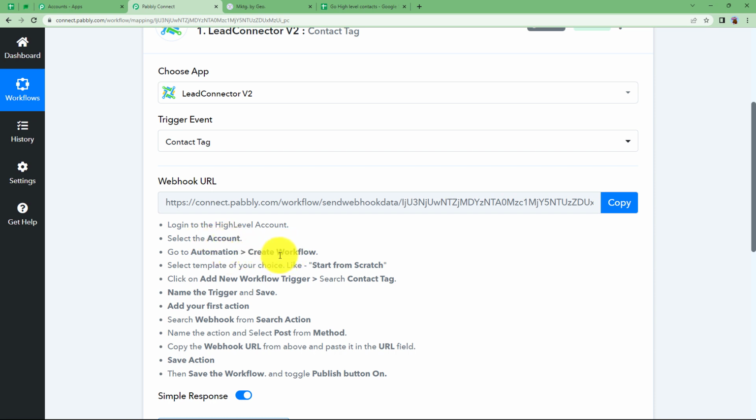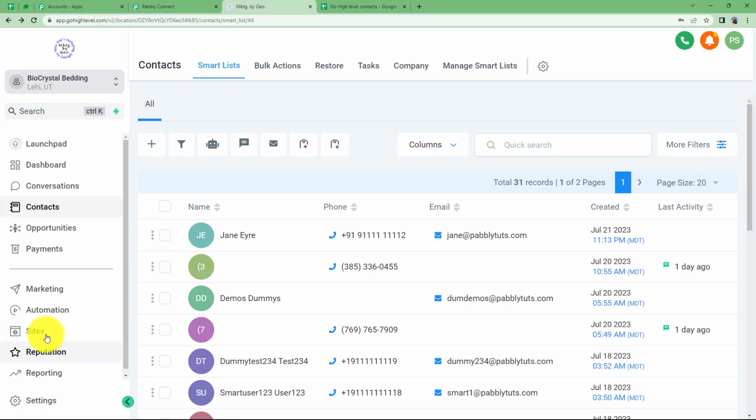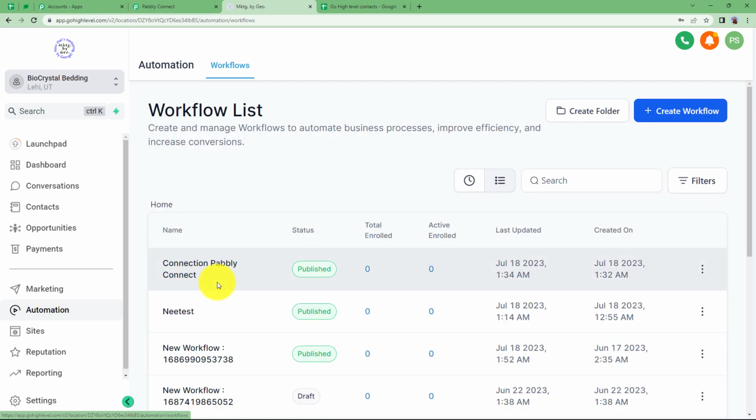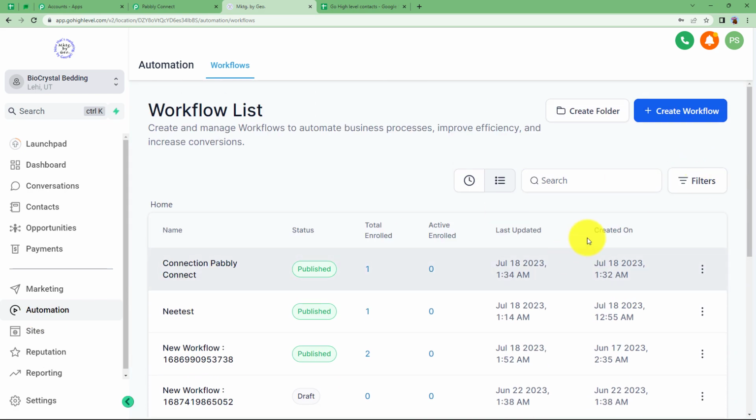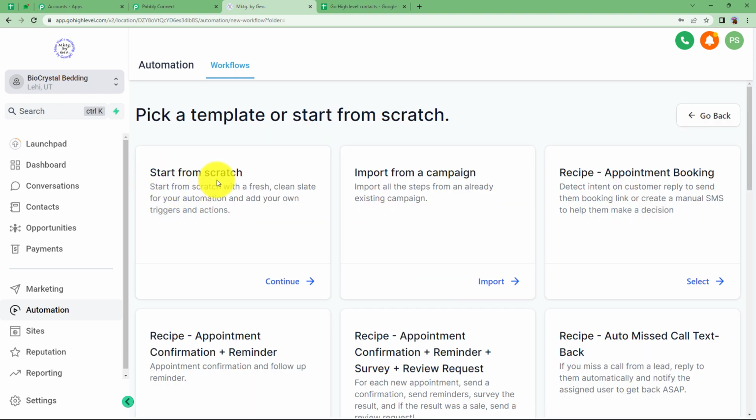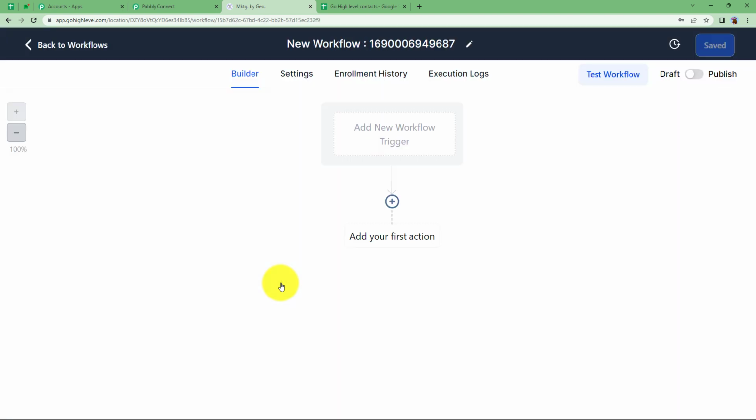And we will be creating a workflow in our Lead Connector or GoHighLevel only. So this is automations on your left side. And here are all the workflows that are already created by you. So what we are going to do is click on Create Workflow. And then here you have to click on Start from Scratch. Click on Continue, and rather than using an already existing workflow, you will be creating a brand new workflow from